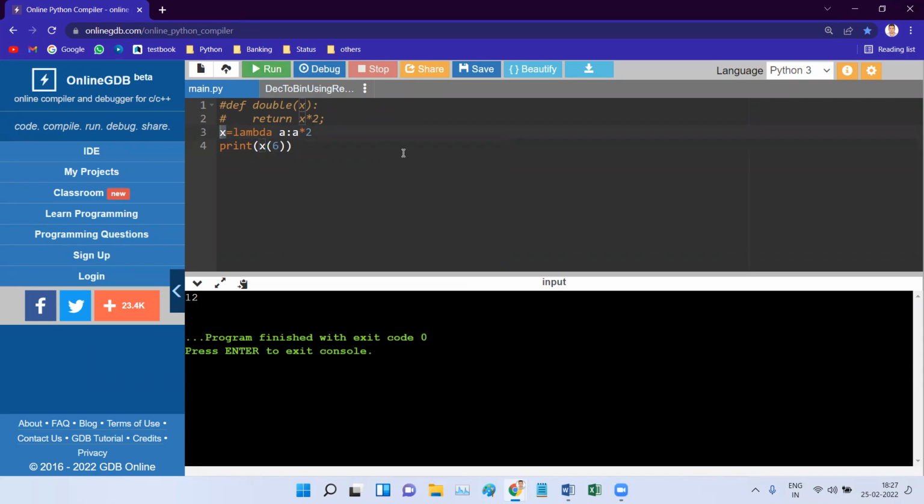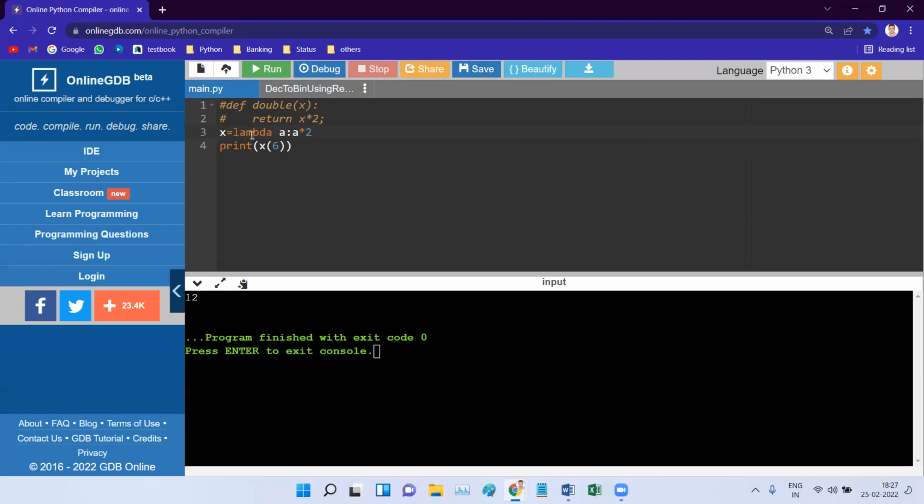So instead of writing that big code, you can write functions without any name. When you write functions without any name, those functions are called lambda functions. And how do you write a lambda function? Just write the keyword lambda. Then if you have any parameters, write them here. And if you have to do any operations, write a colon here and do all the operations. There is no return statement, that's why I have used this equal to, and I am storing the return value in x.